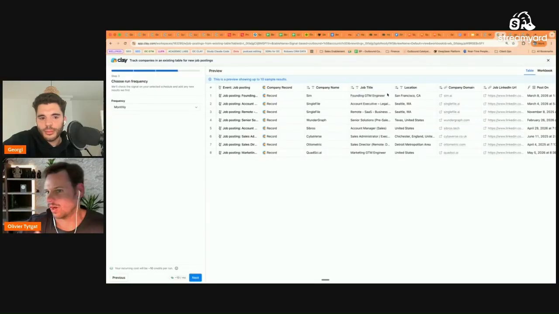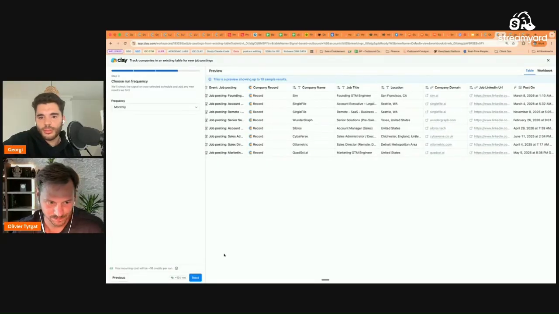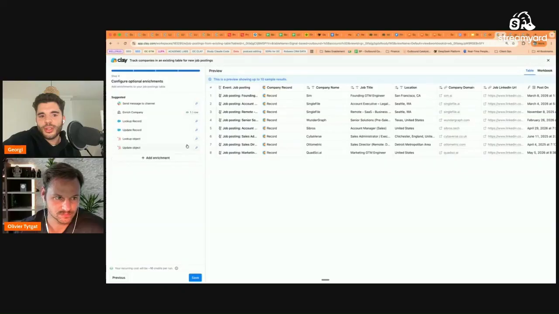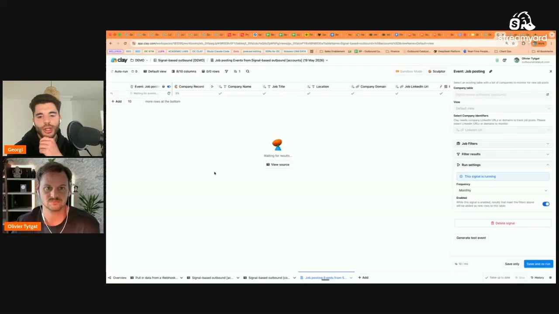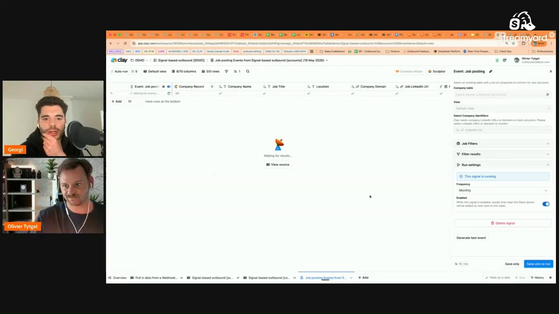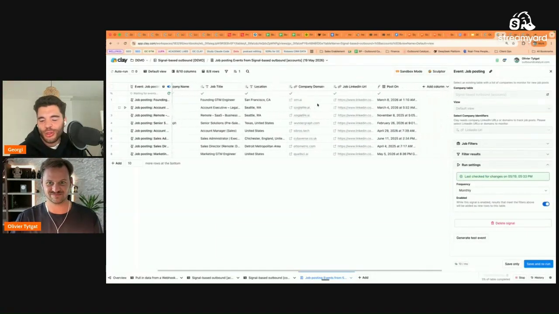Now we have 1 plus 2 plus whatever else we can essentially add as context, right? Yeah, certainly. And again, it's always about treating signals as contextual pieces, which further down the line just need to be applied to a custom signal for you to know when to reach out and whether this company is particularly reachable, if I can say it like this. Something super cool, by the way.